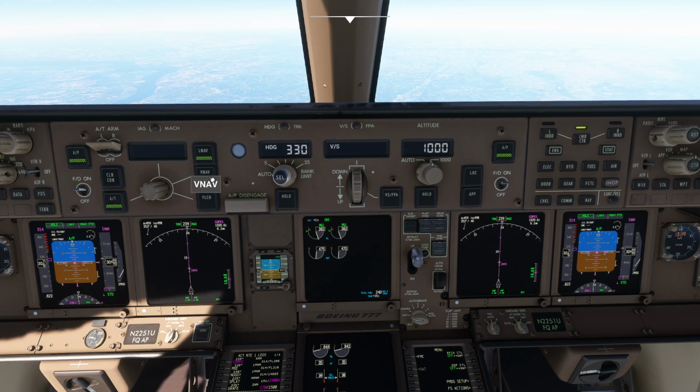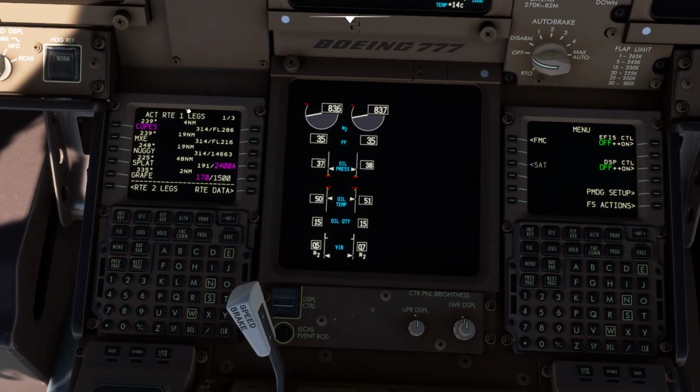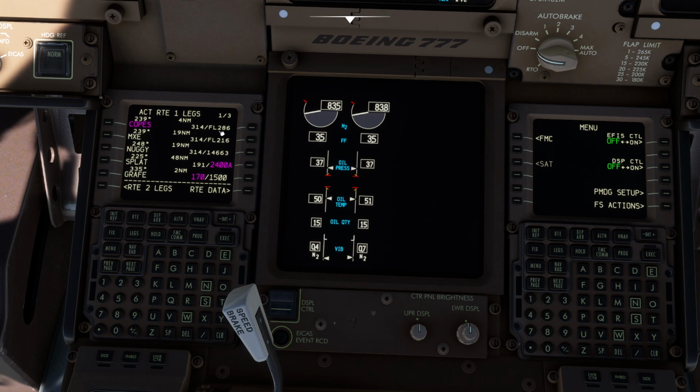The first one, of course, is you can use the vertical nav mode, which is what we're using now, or again, we can use any of the modes that you saw earlier, where we basically selected a specific vertical speed and started descending. One thing you have to know about the VNAV, and this is really, really important with this particular unit, is the VNAV is attempting to make sure that we cross these particular altitudes at these